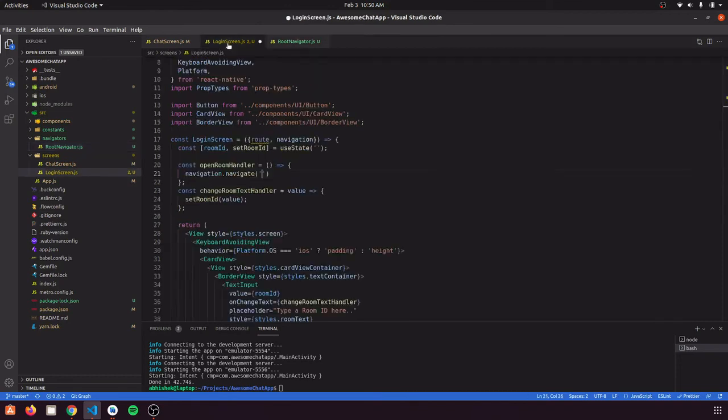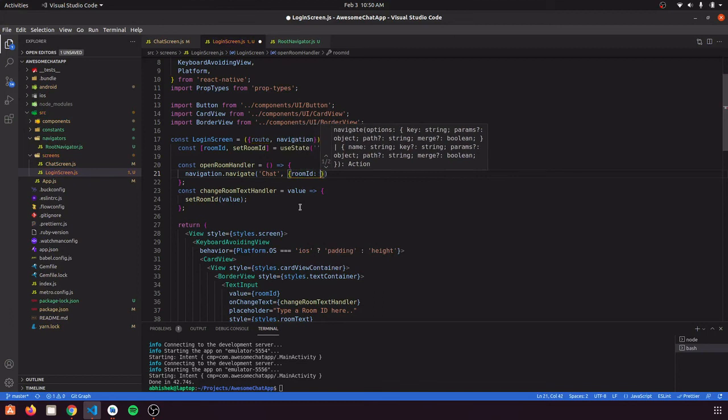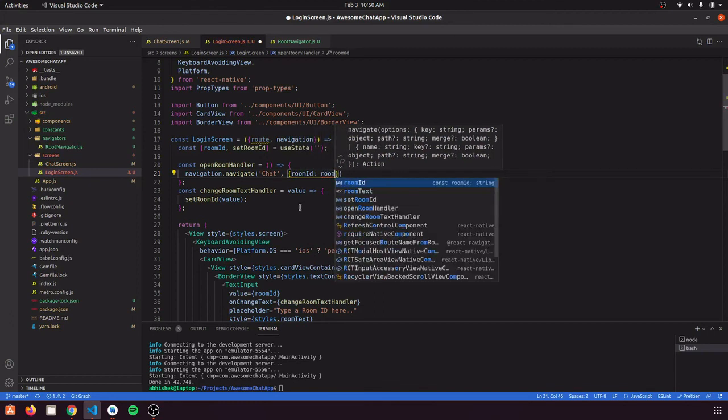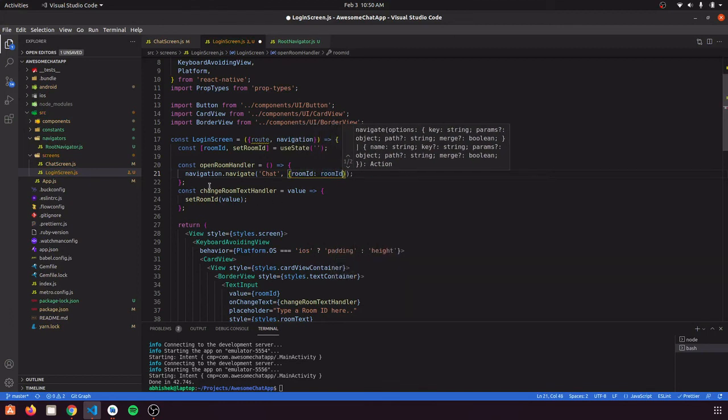So we want to go to the chat screen, and we are going to pass this prop as room ID also. So our room ID would be this room ID. So we can pass the prop in this navigation using the second argument of navigate, and we will get these props inside route.params in our chat screen.